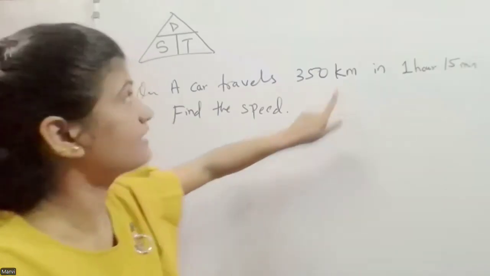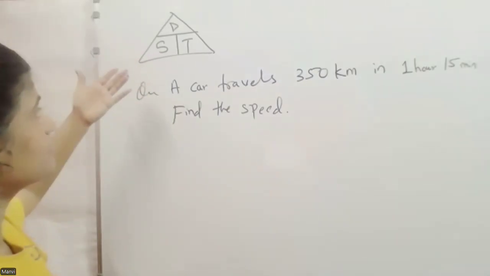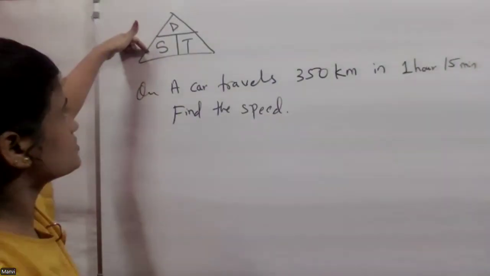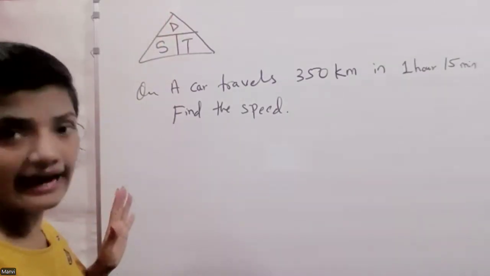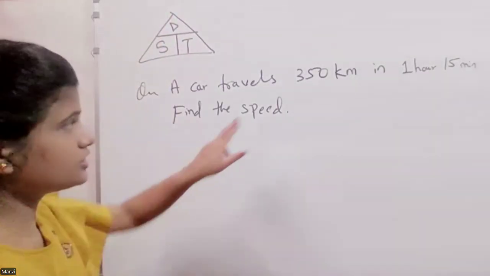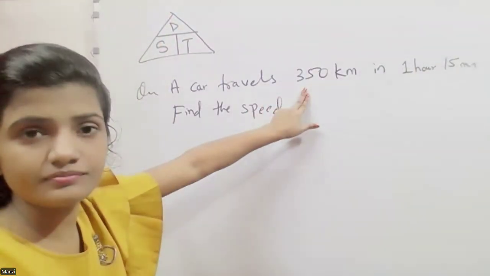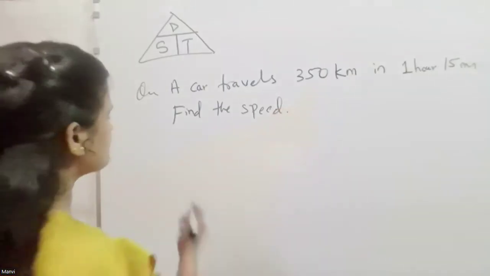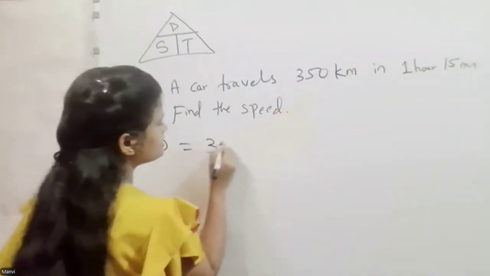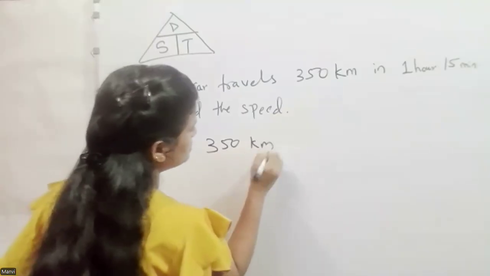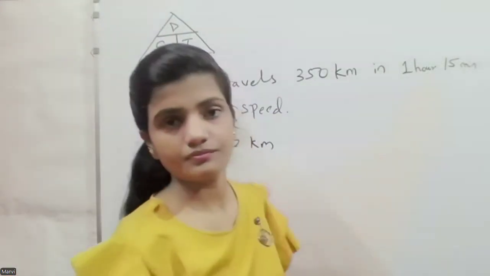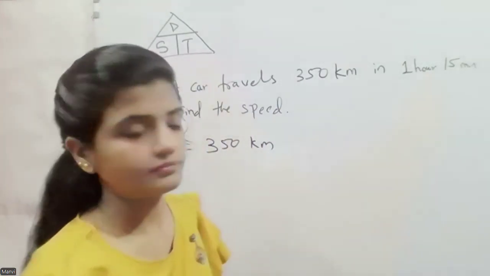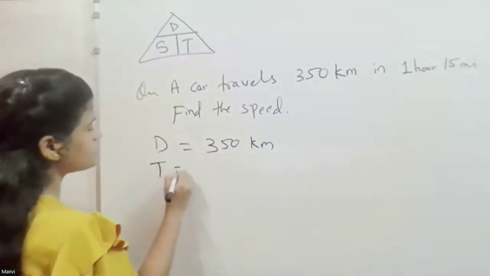First, you need to understand. Okay, what all we have been given: distance, speed, and time. Among these three, what do we have? So this is what? Distance. Okay, so you can simply write distance equals 350 kilometer. Now, this is what? Time. So you can write time equals